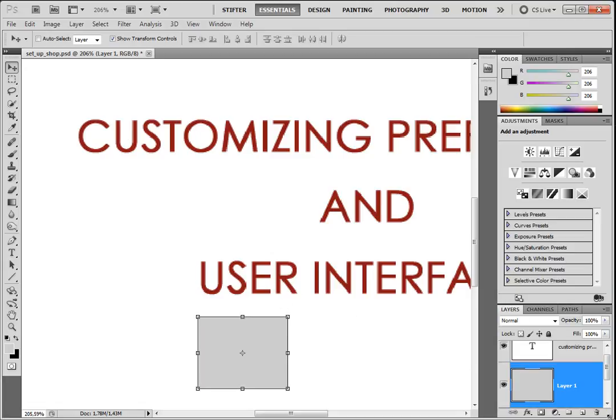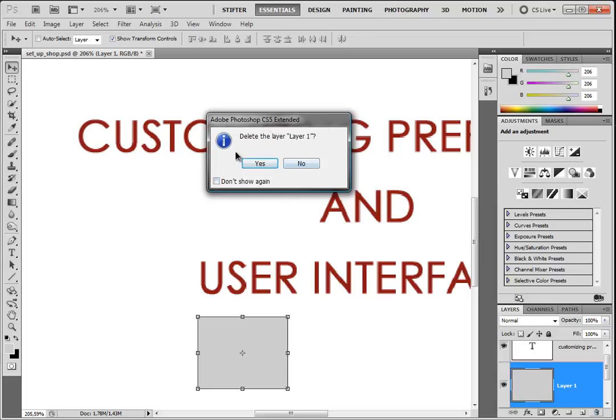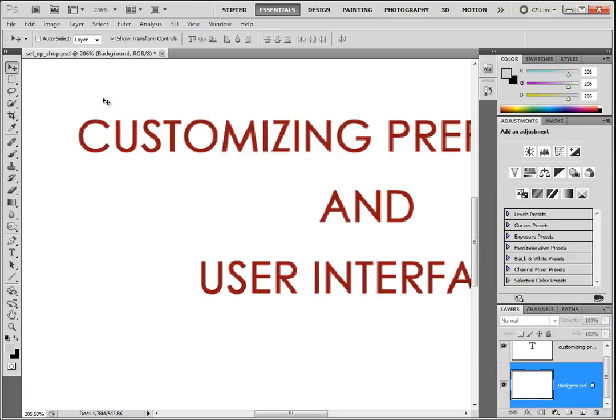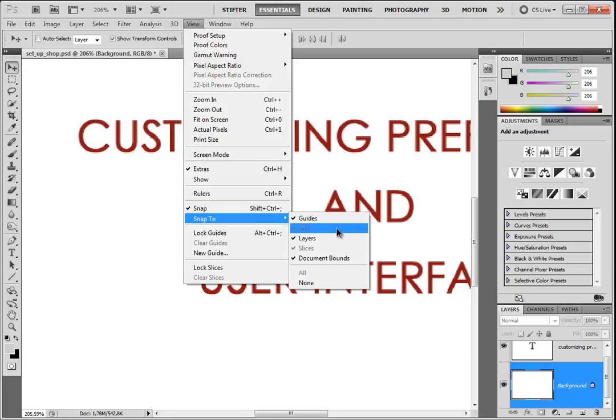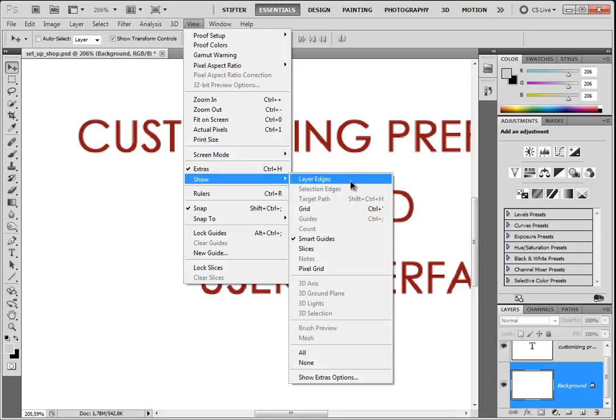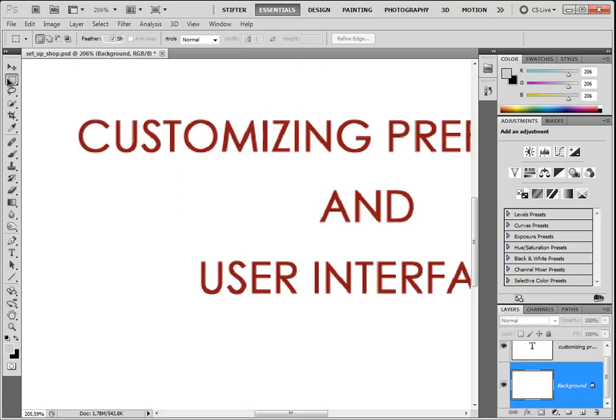And it will also snap. So that's how, by the way, I have reset my warning signs, so when I want to delete a layer, it will ask me, do you want to delete? Don't show again, definitely. That's for beginners. And what I wanted to show you also is that I have here snap to guides, layers, and document bounds. That's all on for me. And here I have just show smart guides. That's the only thing that's activated for me. And snap option is also activated. All right, now let me show you some other settings